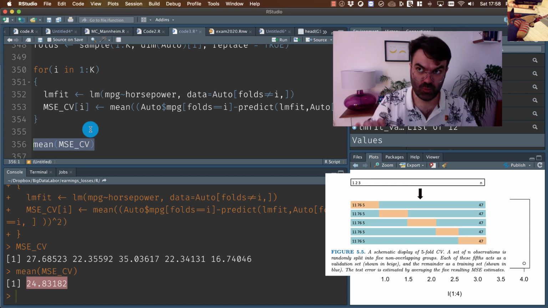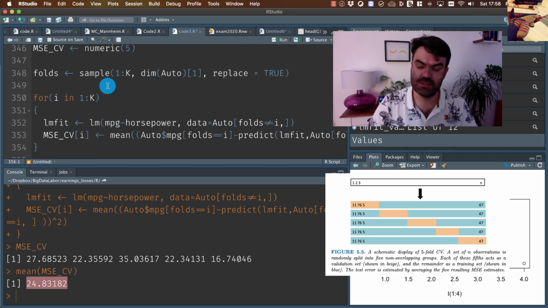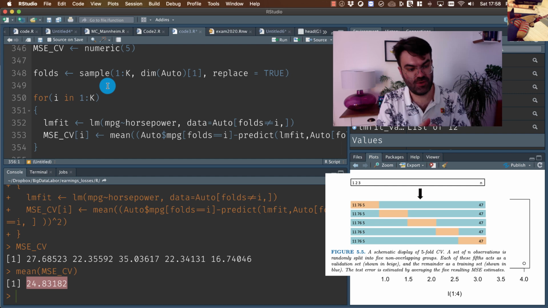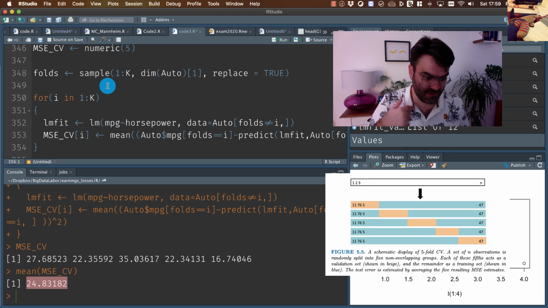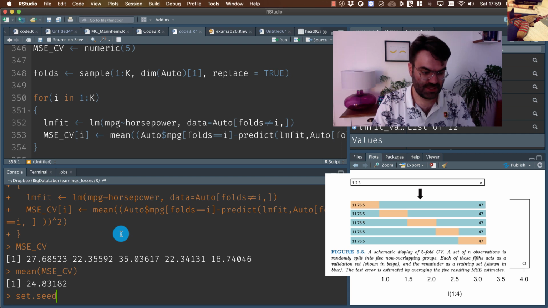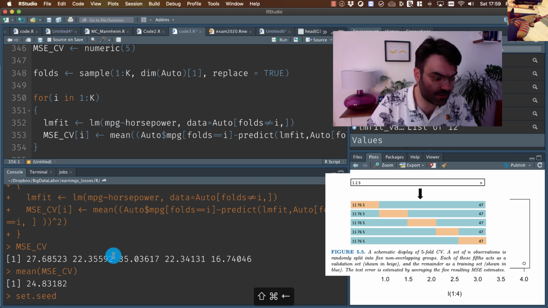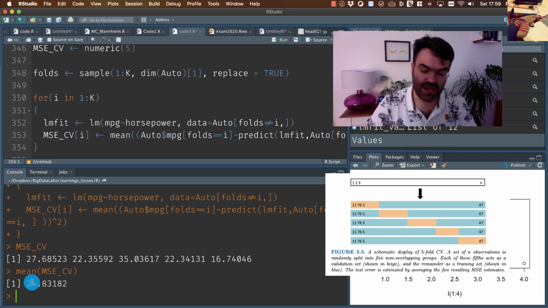What is worth mentioning at this moment is that there is a random component coming from the fact that we randomize how we split our data set. So if I set a different seed than you, then those measures might be slightly different, but not too much. Okay, so this is one way to compute k-fold